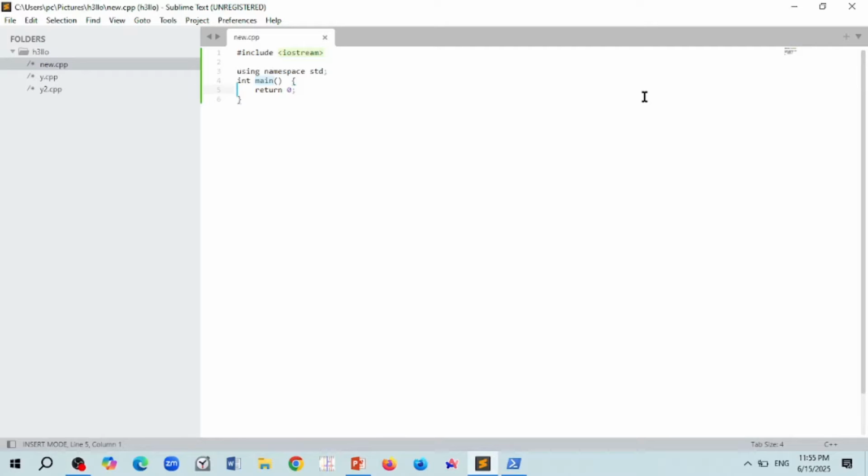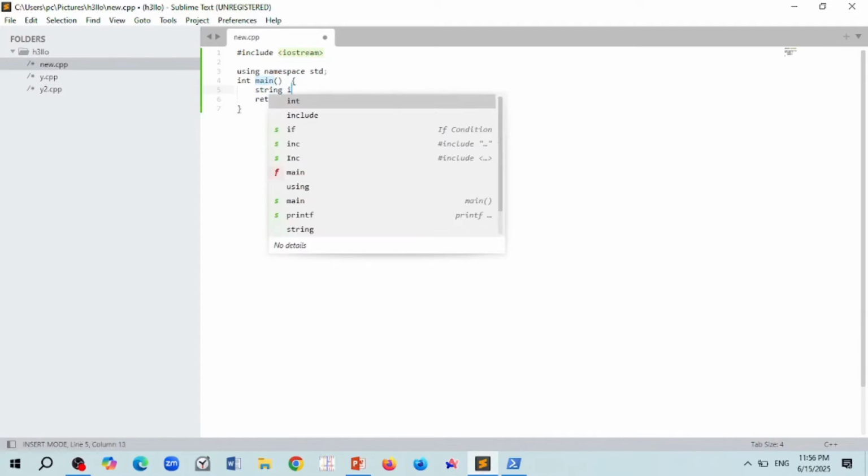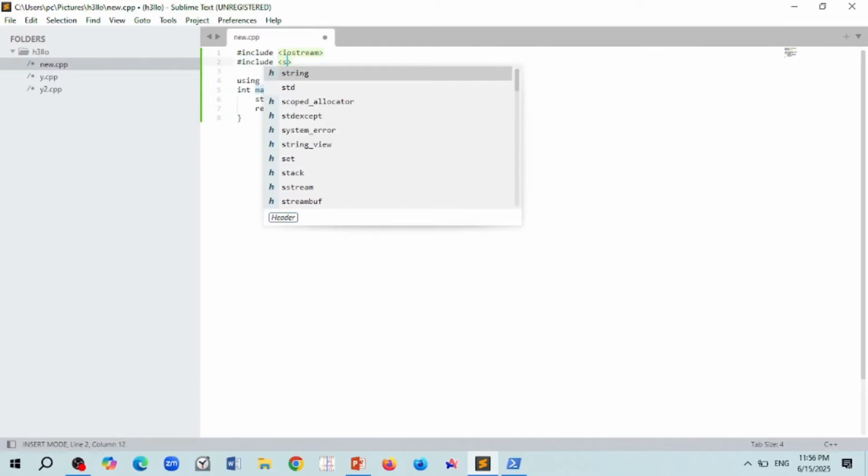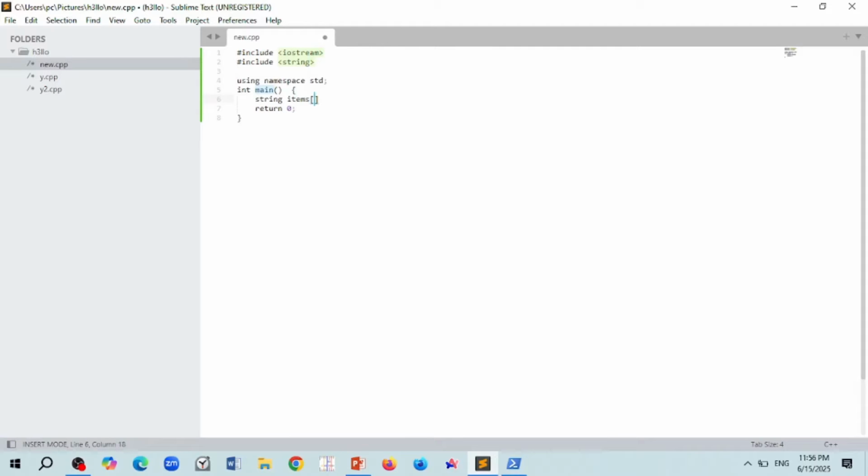Today we're going to learn how to make a cashier using C++. Now, what I'm going to do is create a new array called items. String items. #include <string>, using namespace std. Now I want there to be 3 items,